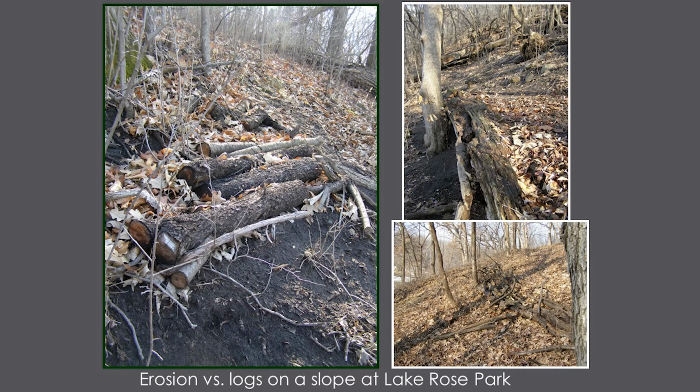This is messy. We didn't get it very neat, but here it's trapped the leaves, it's trapped the silt, and it's eroding on the downhill side. And you can see where soil is lost. When we have those heavy rainstorms, you can actually see half an inch of soil lost in one rain episode. So here's a deer trail that was at Lake Rose, and so we just put the logs on the downhill side of the deer trail, so the people walk on the deer paths as well.